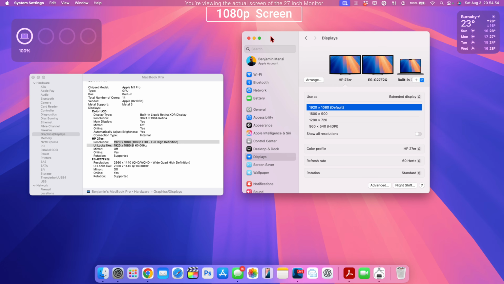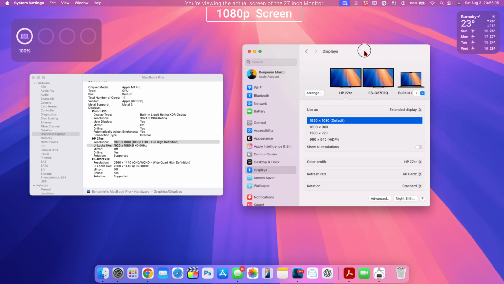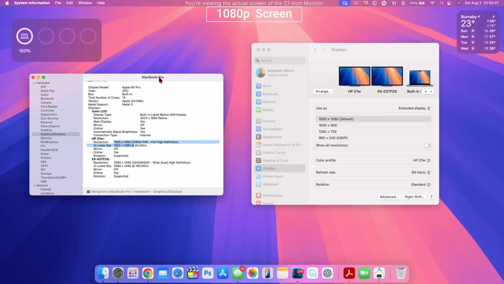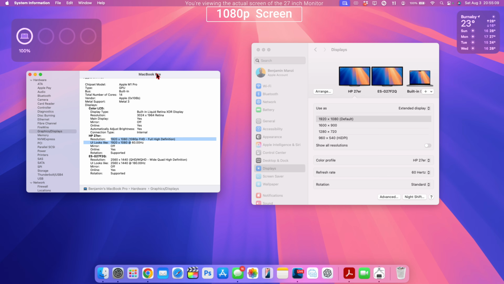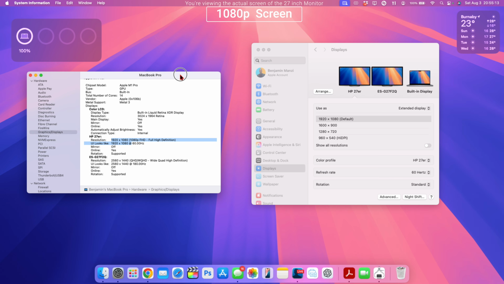Because the default for a 27-inch 1080p panel is 1920 by 1080, you can see the size of my system settings window right here, and the size of my system information window. So what I'm going to do is take the same window size from this 1080p panel and